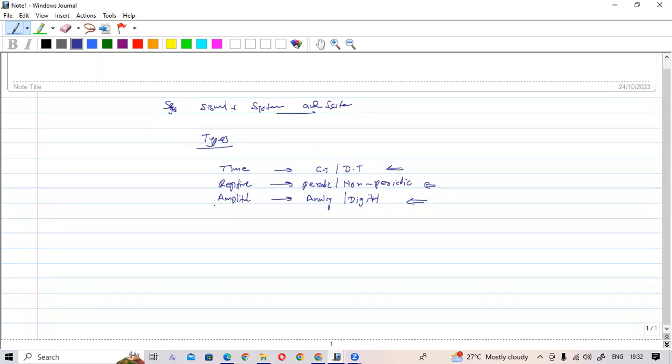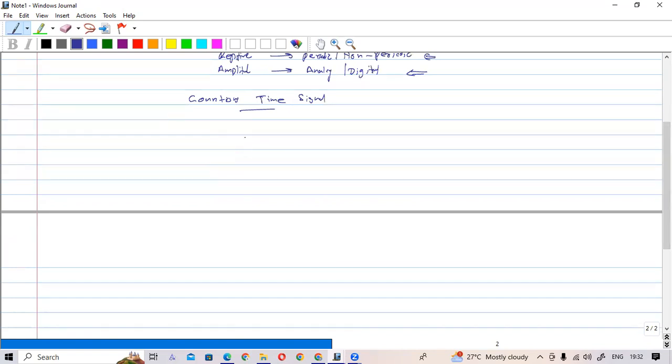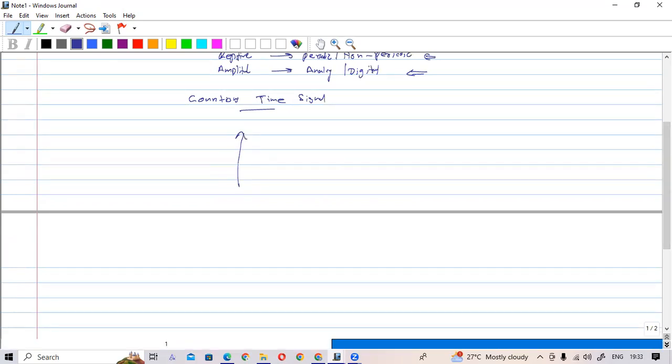So continuous time signal. Continuous time signal means the time. So here the name implies the type of the signal. So if the time is a continuous variable,